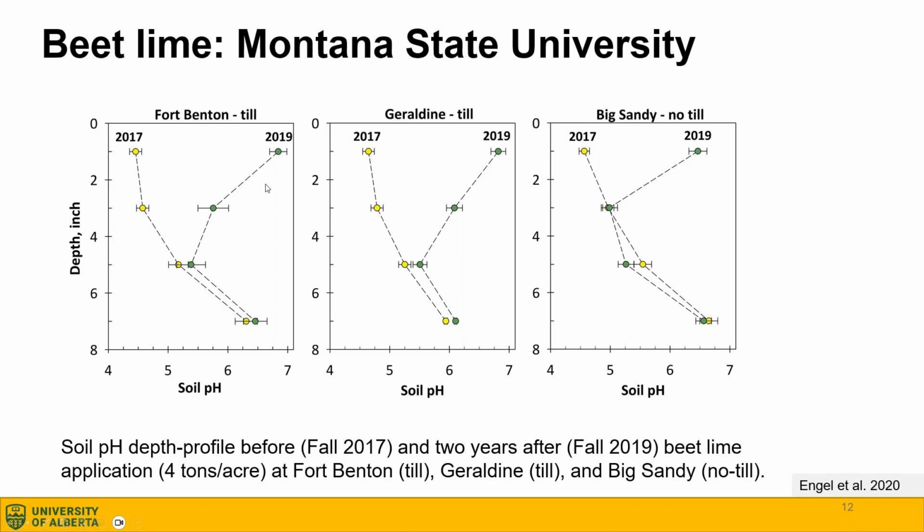into the depth in 2019, and you can see how the soil pH had increased in the places where they tilled, in the 2 sites where they tilled, and in the site where there was no till, you can see that the soil pH barely moved, only in the topsoil. So we are advising at this point a one-time kind of strategic tillage if you want to apply liming to